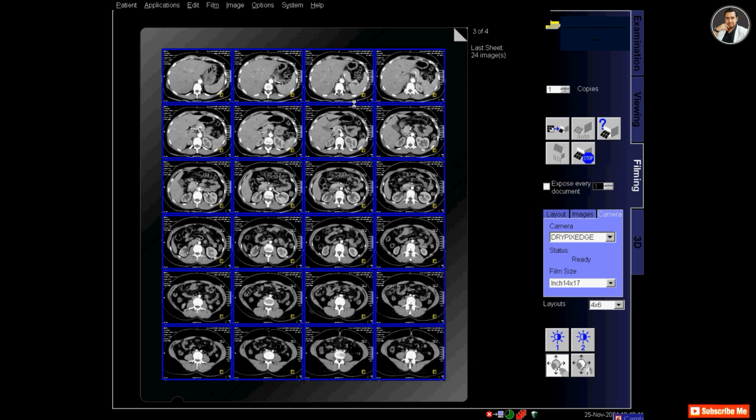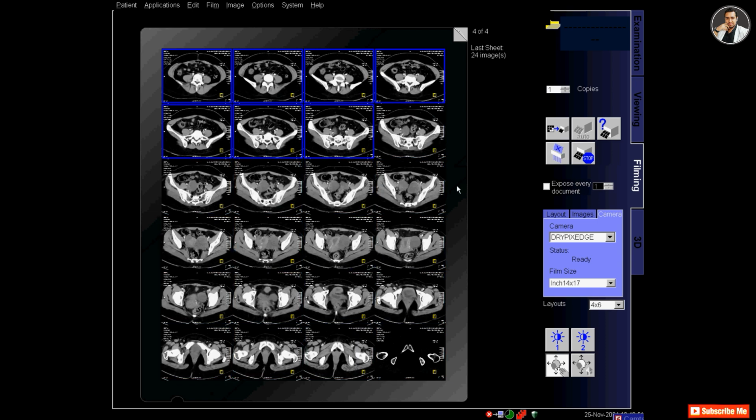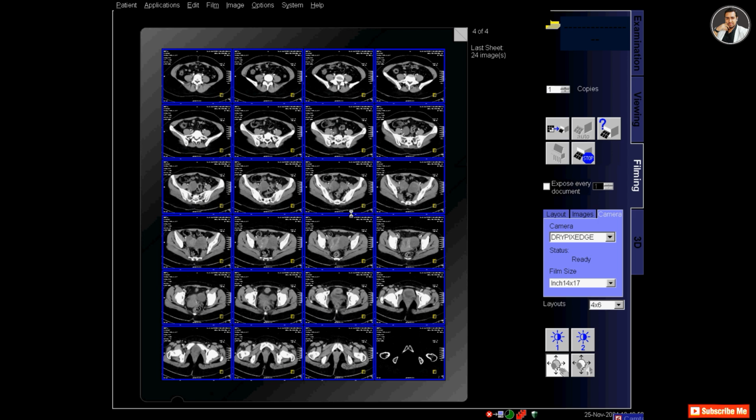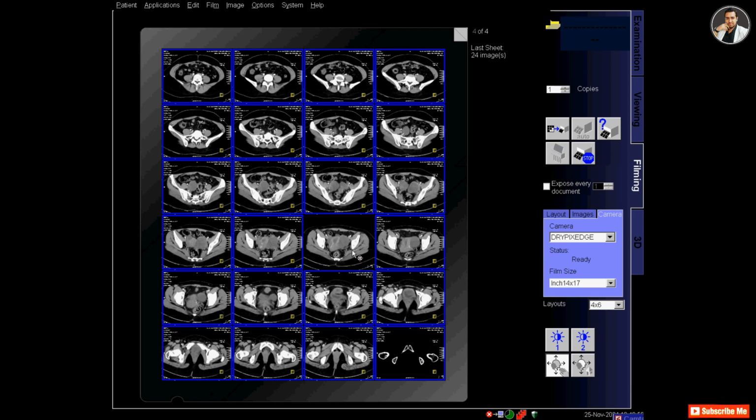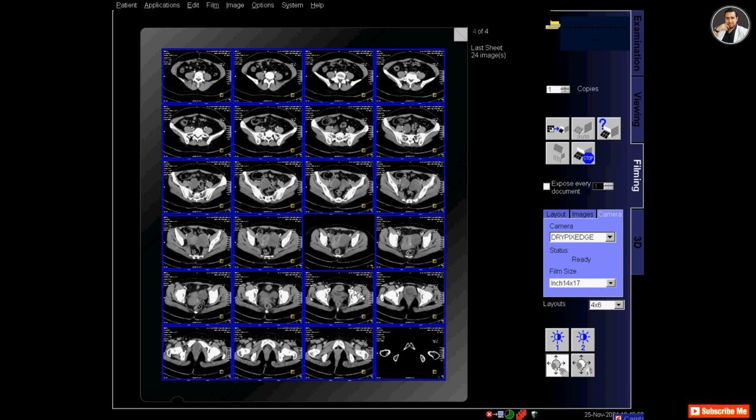And in the filming I will adjust the film images and slightly zoom in to fit the segments, and also the second film of the arterial phase I will adjust.